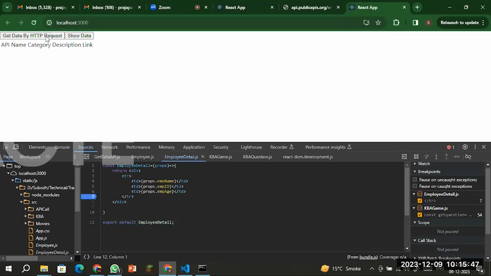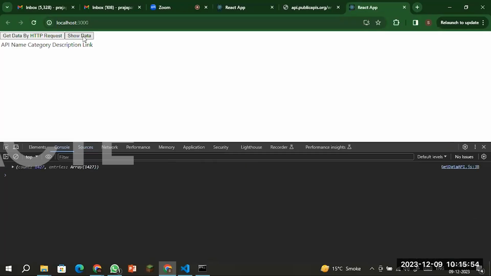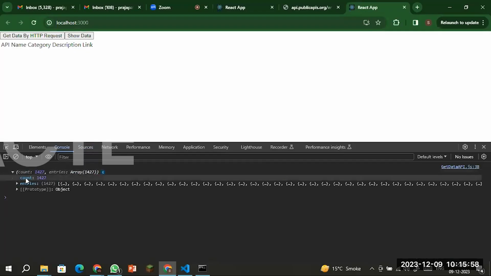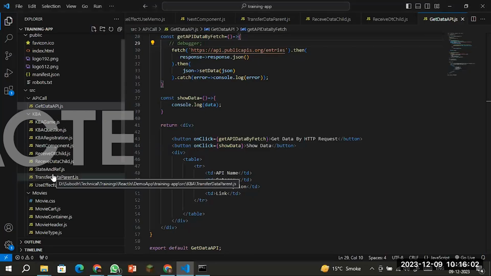Now I'm going to click on it. Data is coming, and now I will show the data. You can see we have data again in two properties, the count and entries, but we want only the